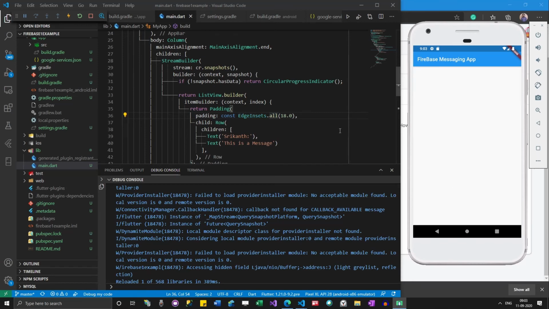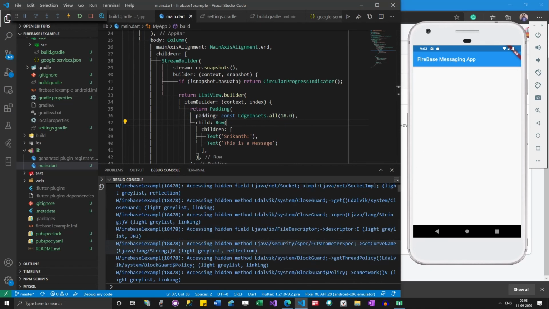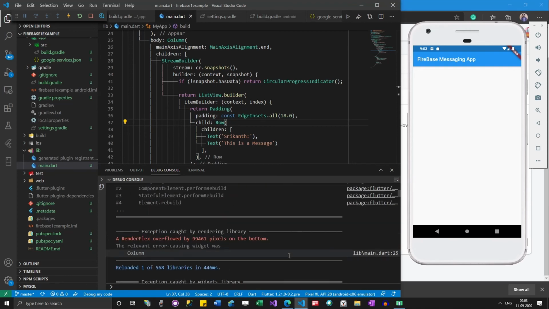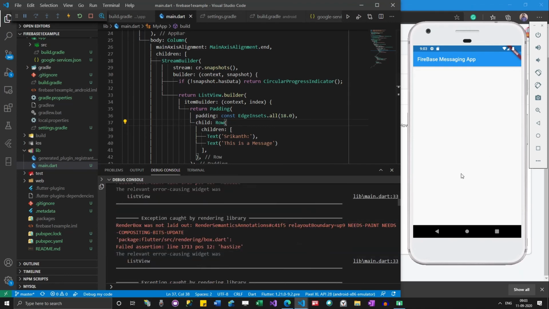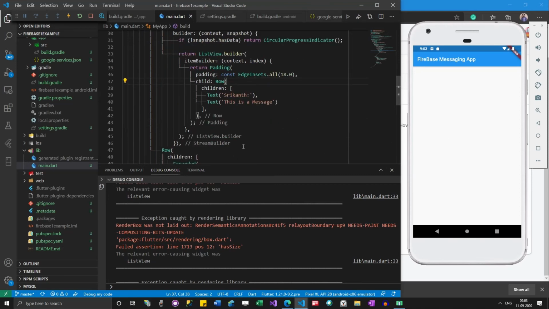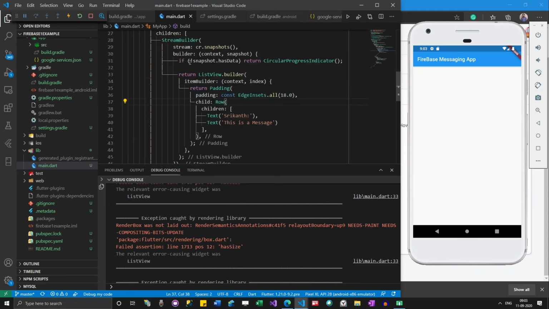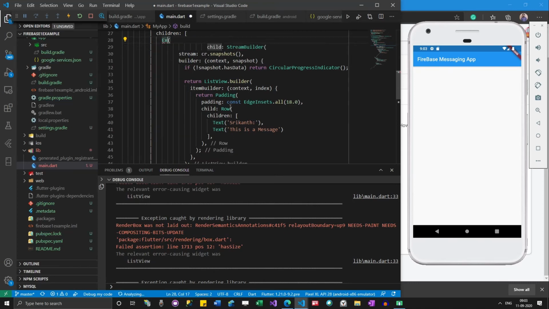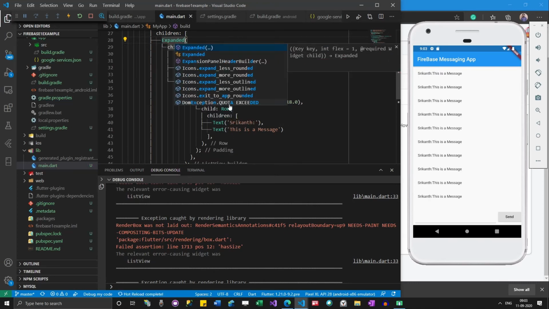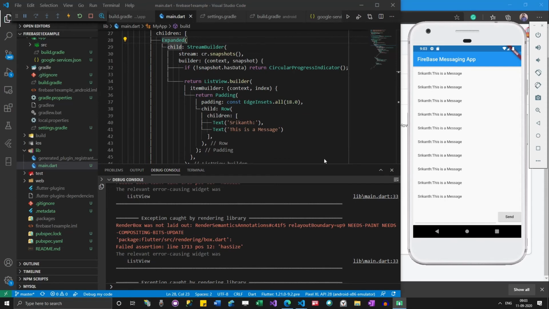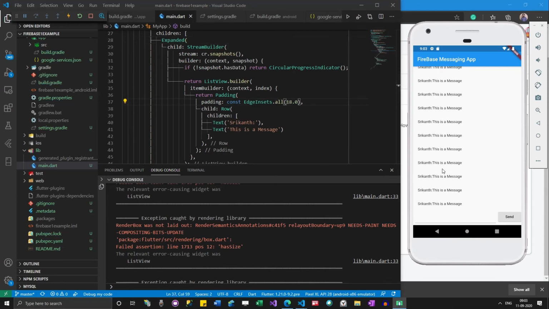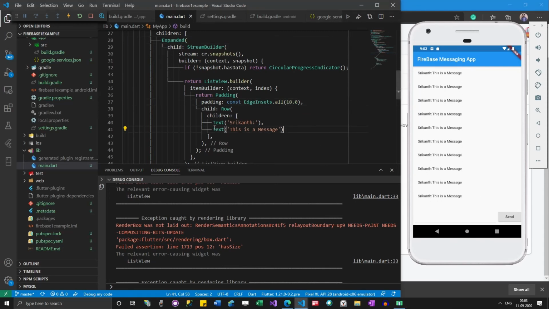So anyways, at least I don't have any errors related to forming the data on the screen, but this is different. Actually I could resolve it like this. I can try adding an Expanded widget and then see how it goes. Now you can see that it is populating some data, but this is the dummy data, right?